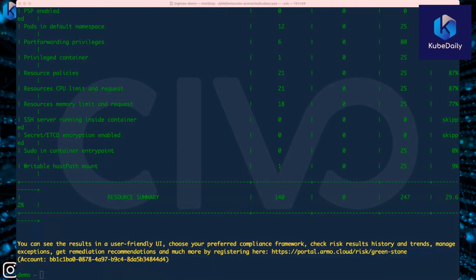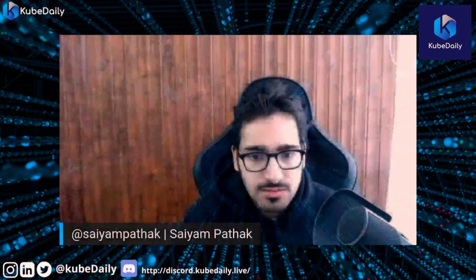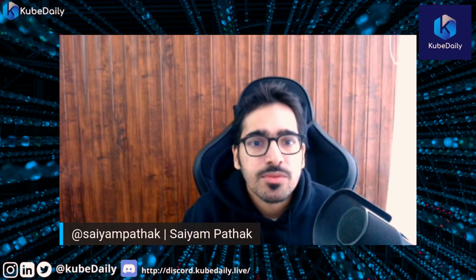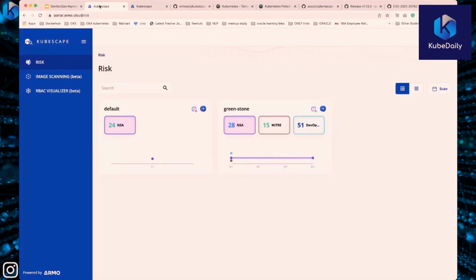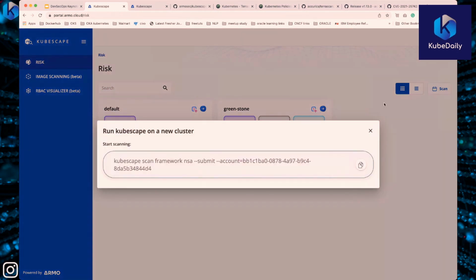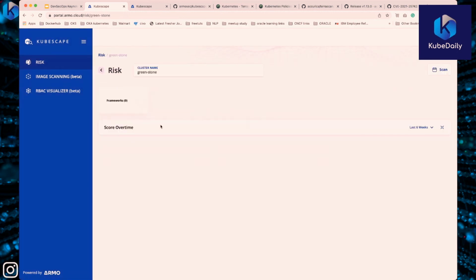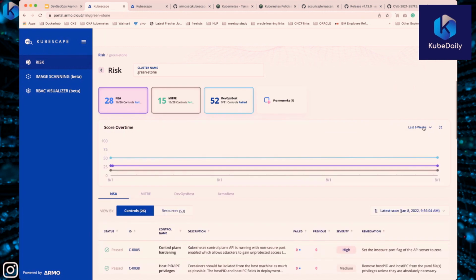So let me switch back to the other screen, and let me show you how that looks, because that is very interesting. This is how the Kubescape UI looks. It gives you the risks, the Greenstone cluster is there, and it has done the NSA hardening guide. There are actually other hardening guides as well, which you can select. If I click here, it will give me the score over time, and the score with respect to